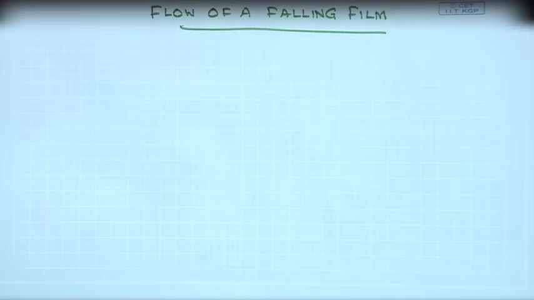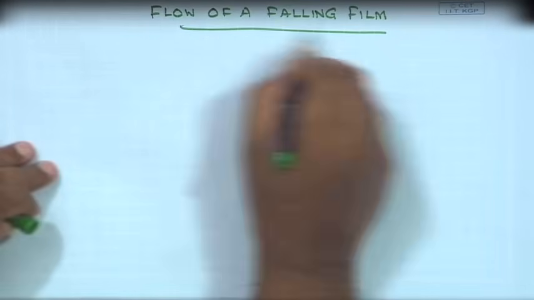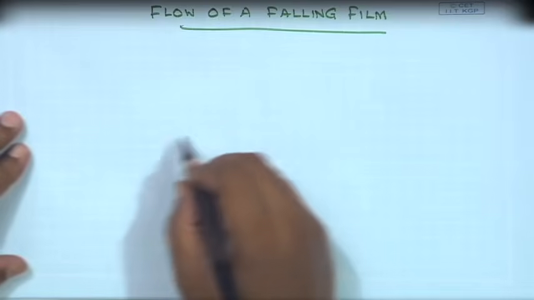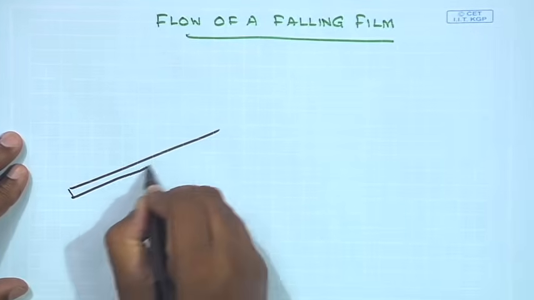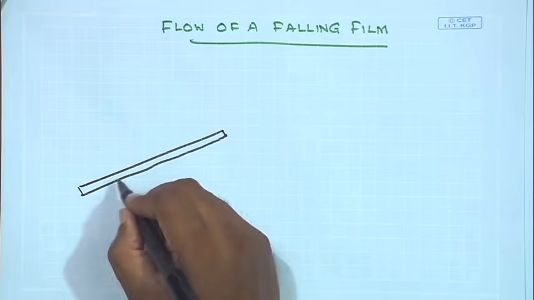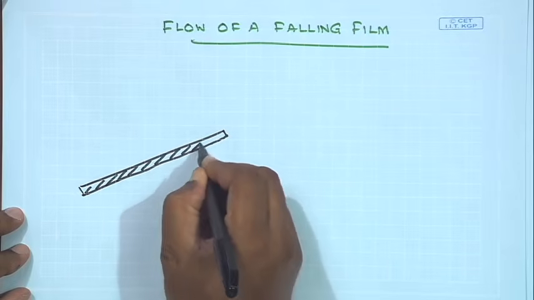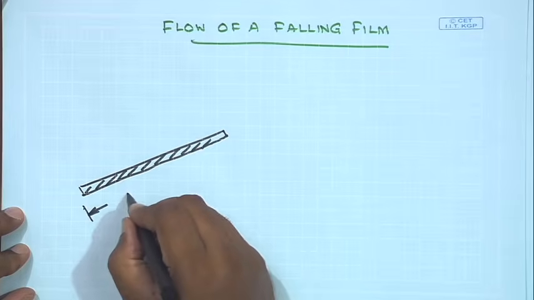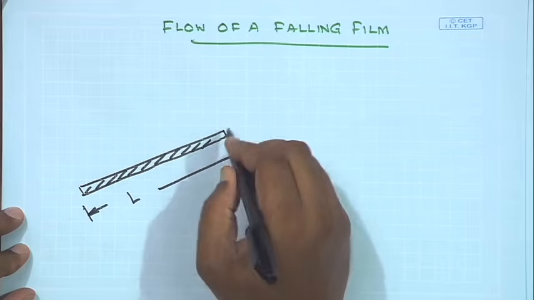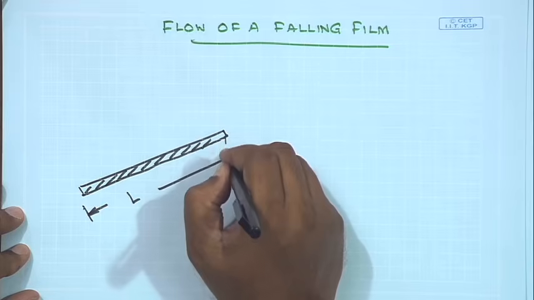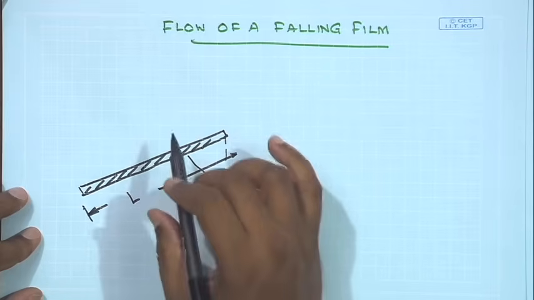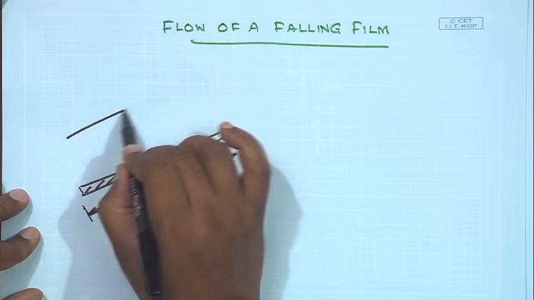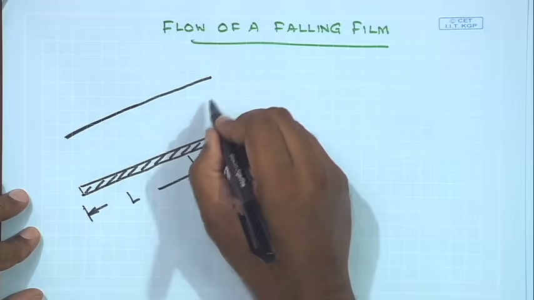And the flow of a falling film, let's draw this physical situation in which I have a solid plate of some length L, and which is making an angle with the vertical, and this is the liquid film,